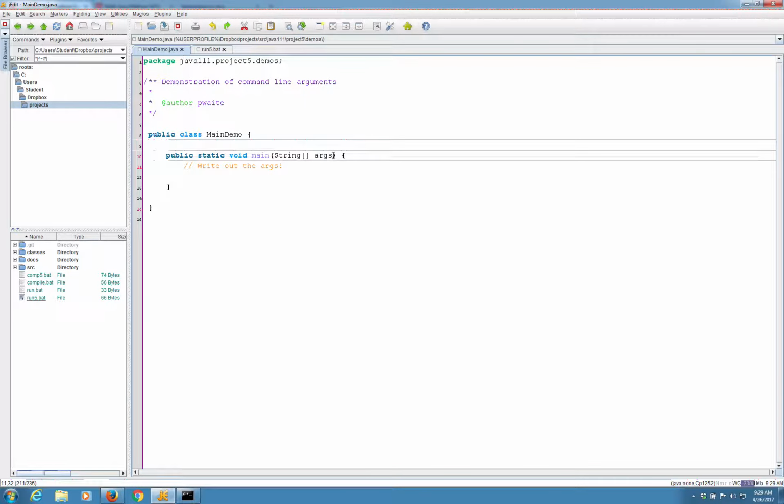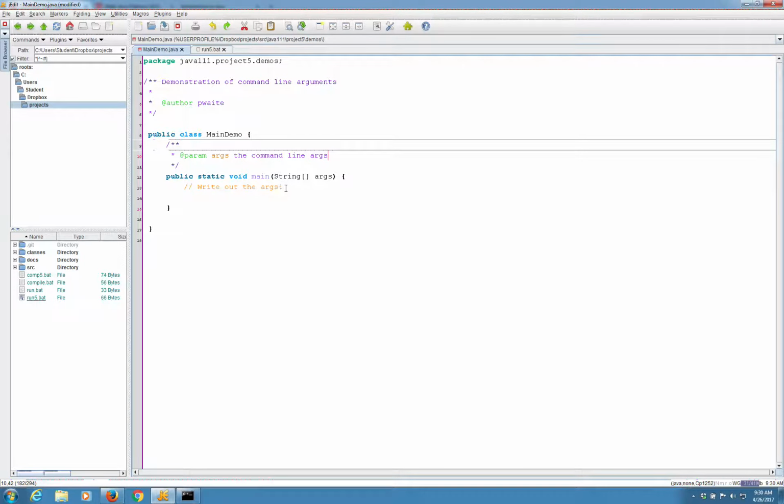In the comments I've always specified that the param for args is the command line arguments. The name of that is args, right? So when we're using the @param, we match up the local variable name, and then we have a comment: the command line arguments. Many of us have typed this over and over, or copy and pasted it over and over this semester. And what does it really mean?